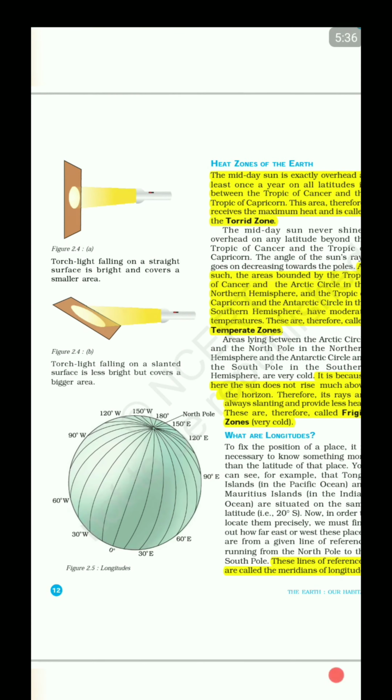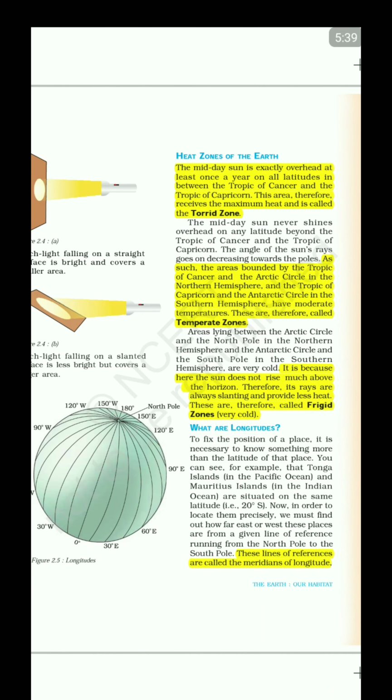Okay. Next we move to what is a longitude. To fix the position of a place, as far as north-south is concerned, we are okay with the latitude, but if east and west is considered, we need a second set of standards, which is provided by the longitudes. The difference between longitudes and latitudes is that the latitudes' size was decreasing, but not the longitudes'. As we move away from the equator, the distance between the longitudes decreases, but not the size of the longitudes. Longitude by its meaning means the line joining the north to the south,